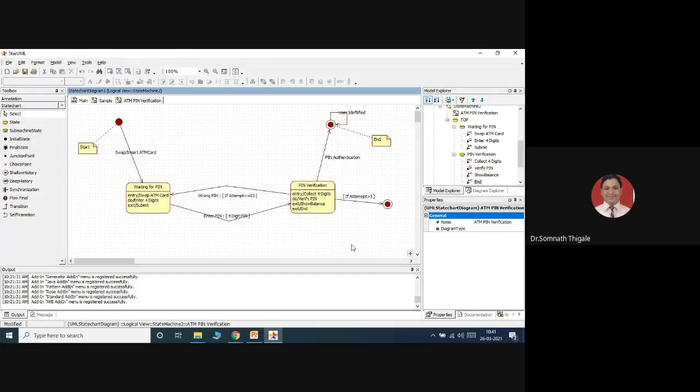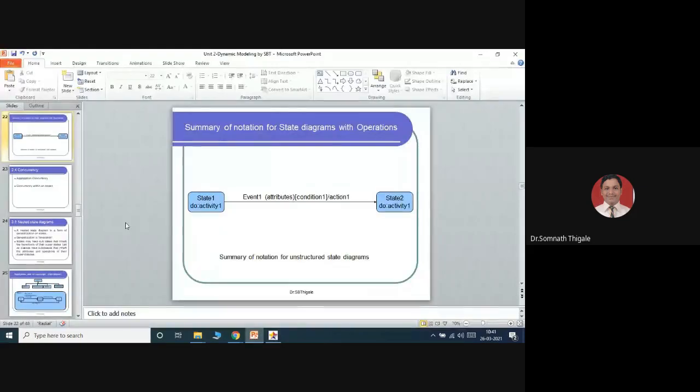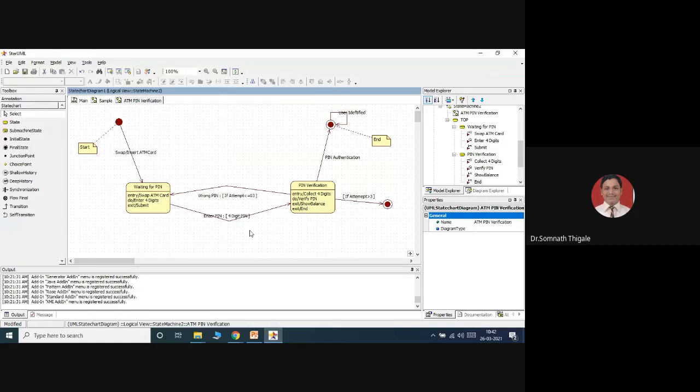This is the simplest way that you can use to represent the state diagram. See, state 1 to state 2, event having some attributes, conditions, then actions. Actions you can represent here simply, user entered, and this is the action you can represent here.